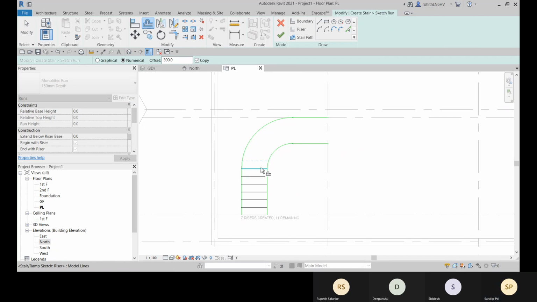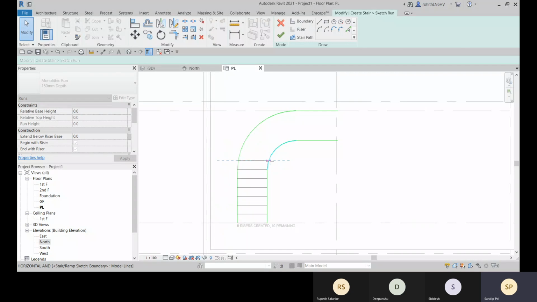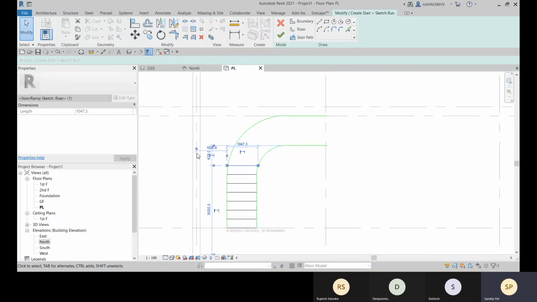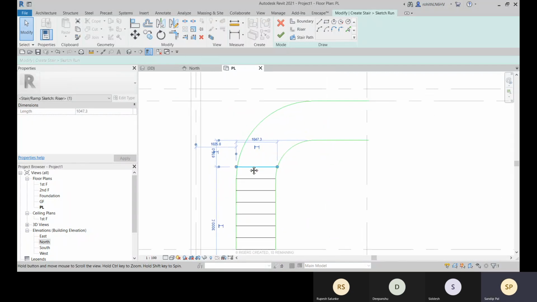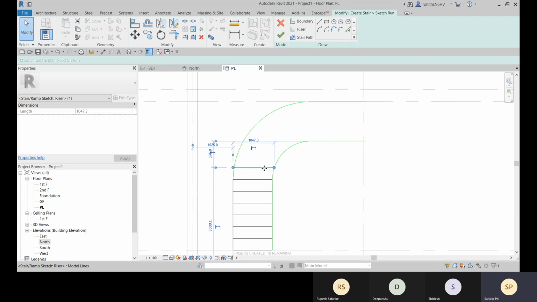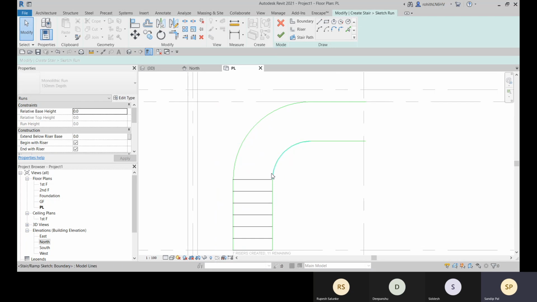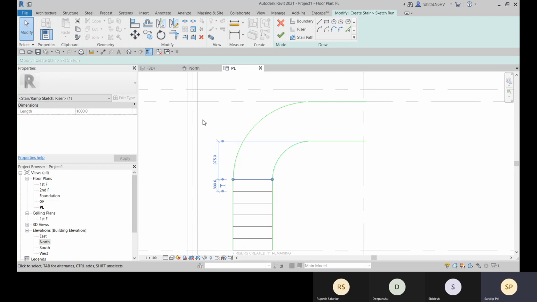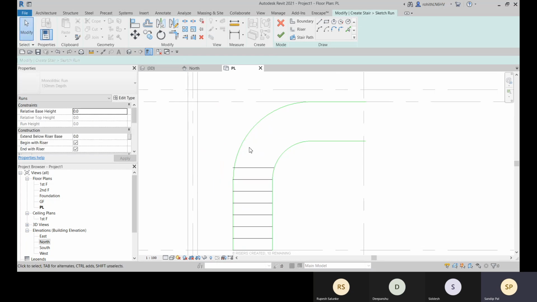Okay, and after that, what you need to do is you have to rotate it. This direction you need to rotate it. All right, so for that, what I can do, I can go for the same way. I am placing here.